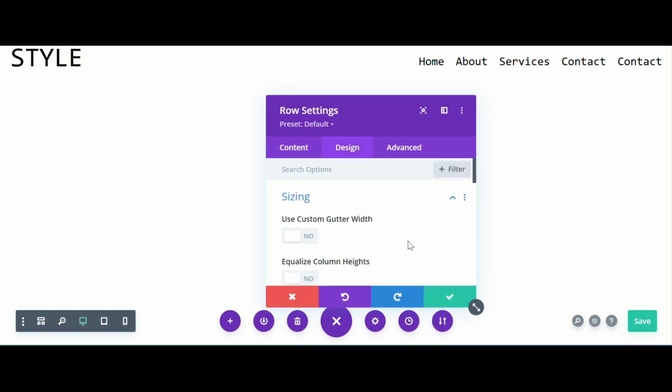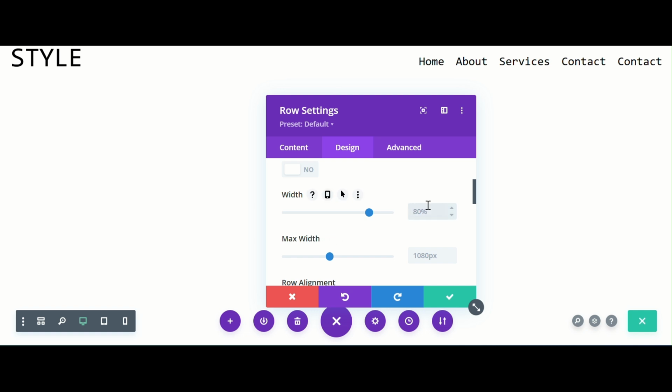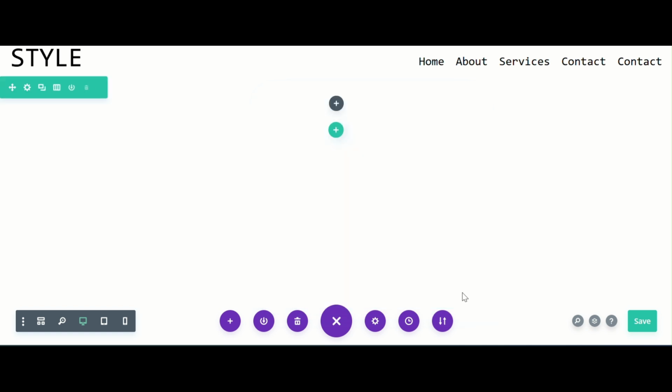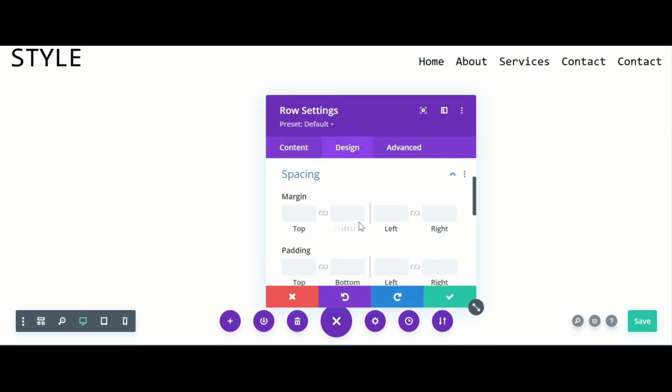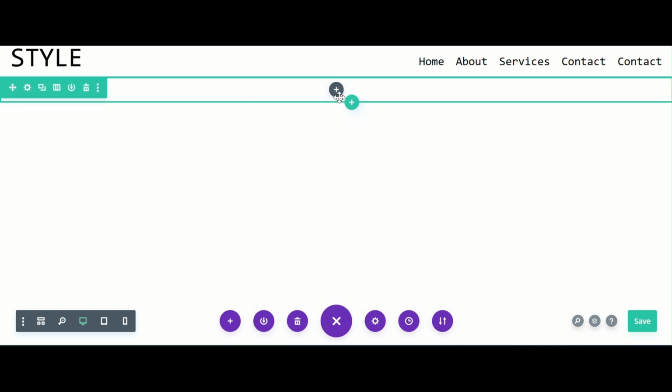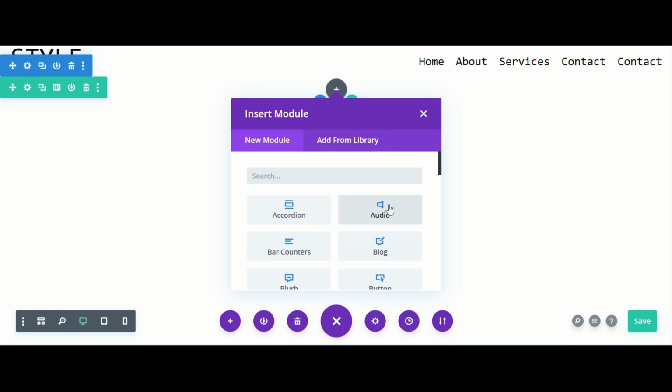and on this row as well I give it a sizing of, let's say, 100%, and make it full width as well. Copy and paste the maximum width to 100% so that you can see the slider go the full length. And then spacing, we give it a padding of 0 as well, and a margin of 0 as well. All right. Then now we can go in here and then we take our text